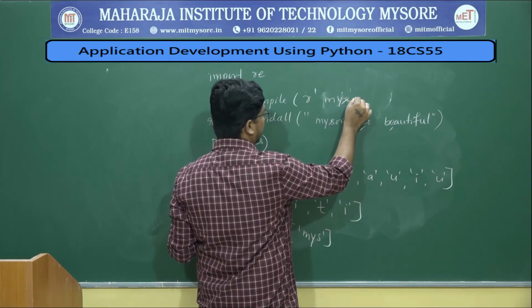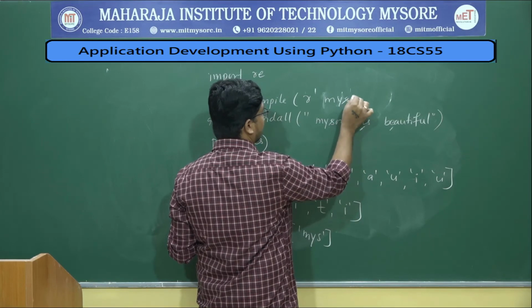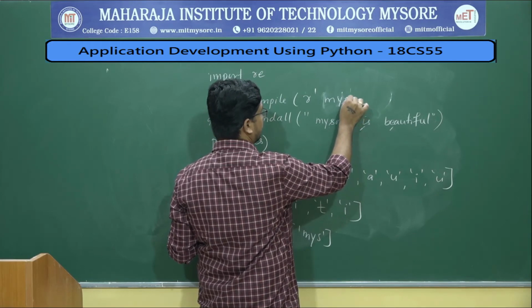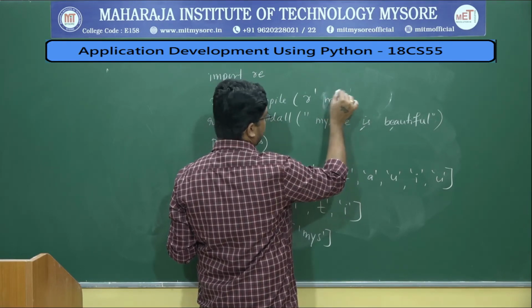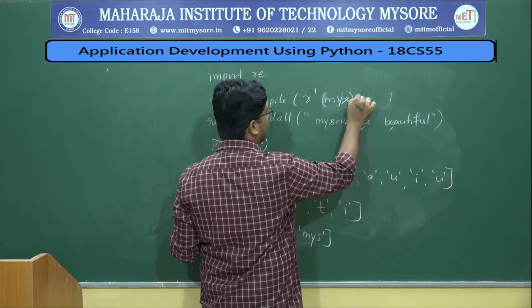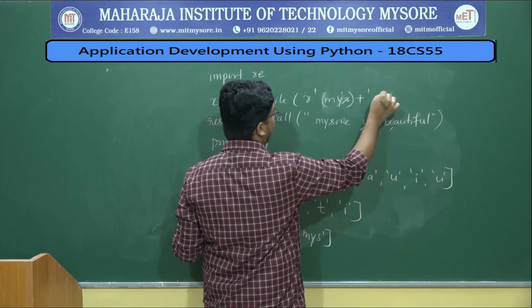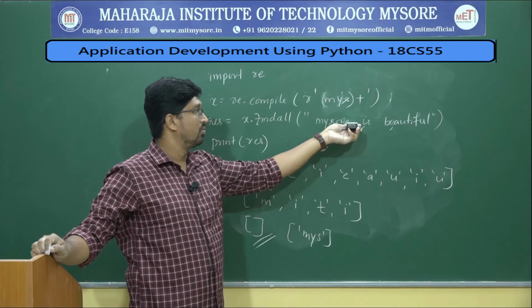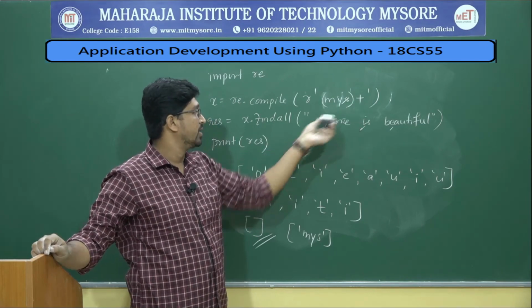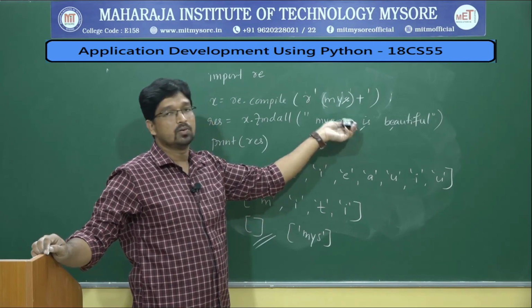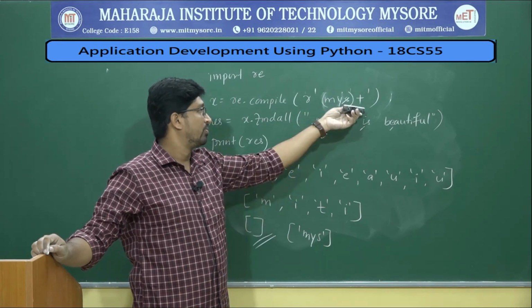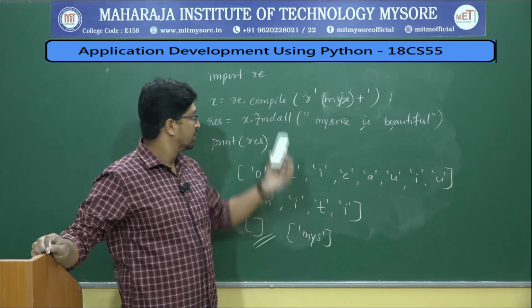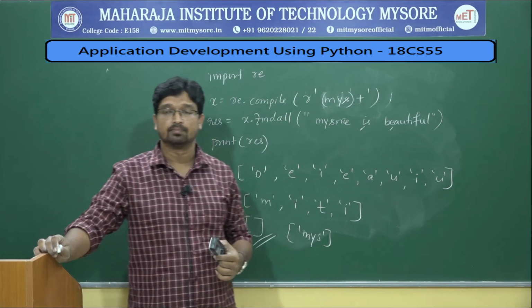starts with MYS. Let us say if you want to match any character, you can write MYS plus. If you use plus after any characters, it will match Mysore till here, till white spaces. So the plus symbol will not match white spaces. MYS will be matched, followed by plus, one or more characters. Okay, this is how we match our own character set.